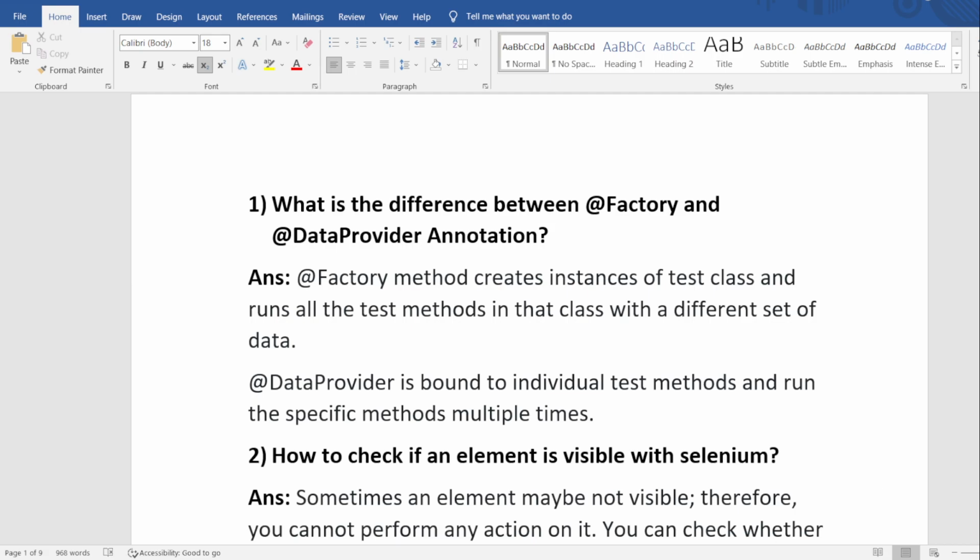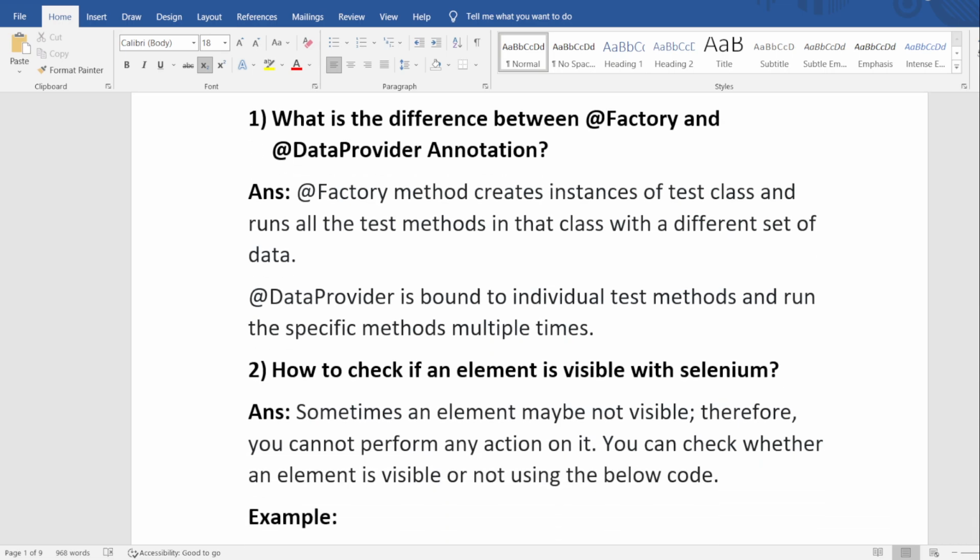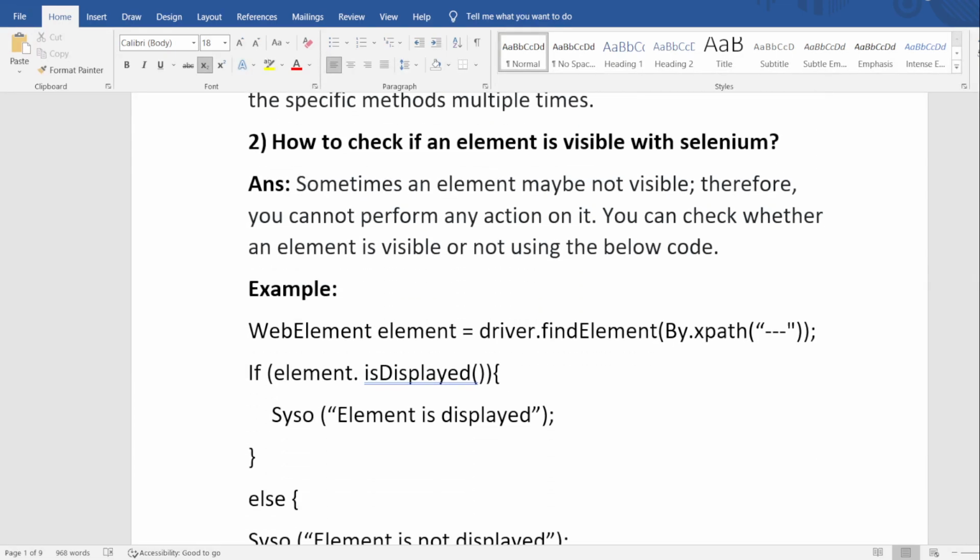So then the next question here is, how to check if an element is visible with Selenium or not? Sometimes some elements may or may not be visible, so we cannot perform any action on that particular element which is not visible. First we have to check whether that element is visible or not, so then only we are going to perform the remaining actions. So how we can check: with the help of the isDisplayed method